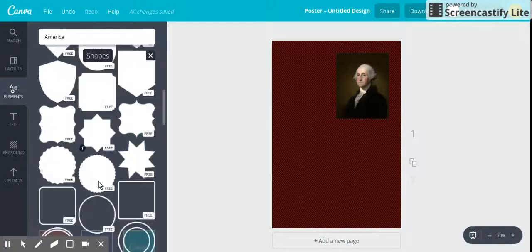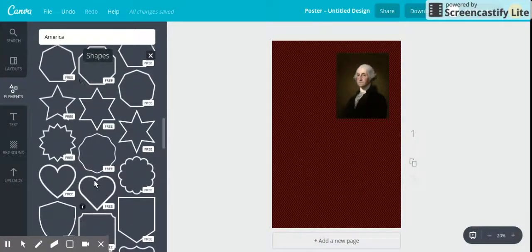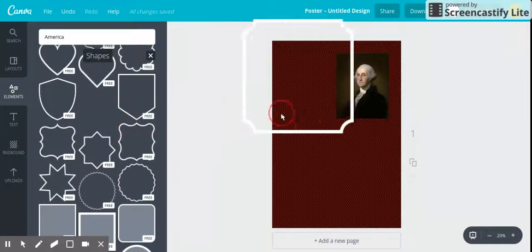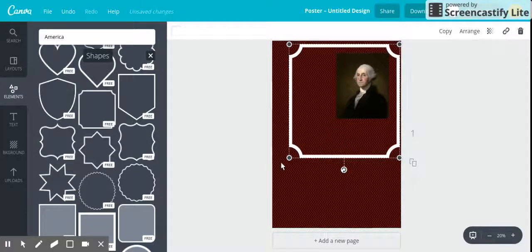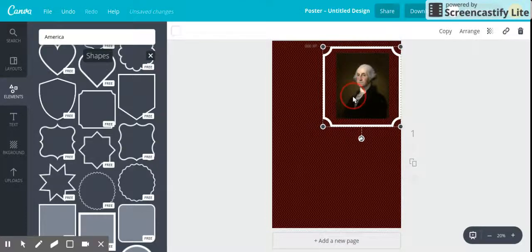If you keep scrolling down and you think you get to the end, it usually will pop up with some more as they load. So find a shape you like. This one looks like something we might use. You can take that, drag it onto your image. And then with most things in here, you can drag and shape how you want it. So this one stays square. So maybe we put it here,